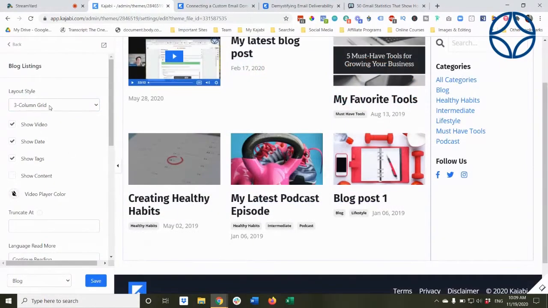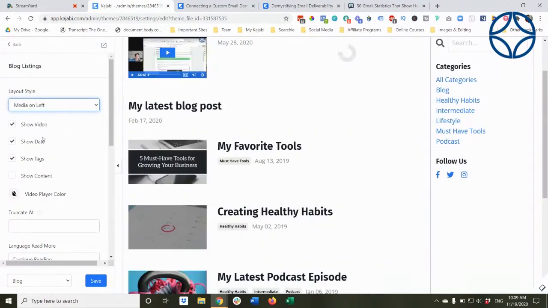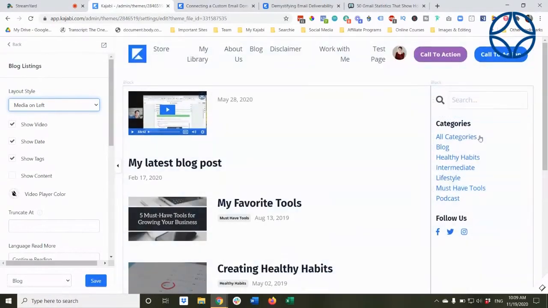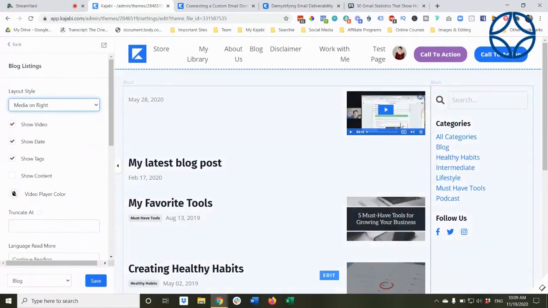Going back to this, you also have the option to put your posts and your images left aligned with your categories in a sidebar. And I could also do it where they're aligned on the right. So again, a little more customization, a little more options that we have available to be able to customize this blog.